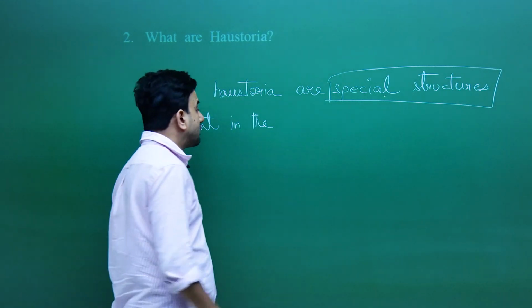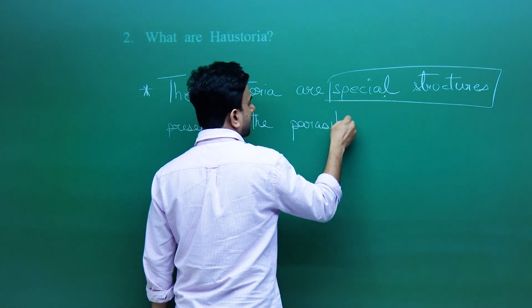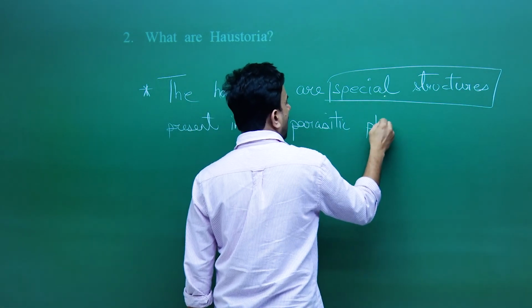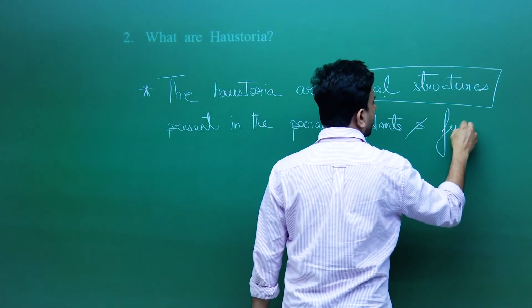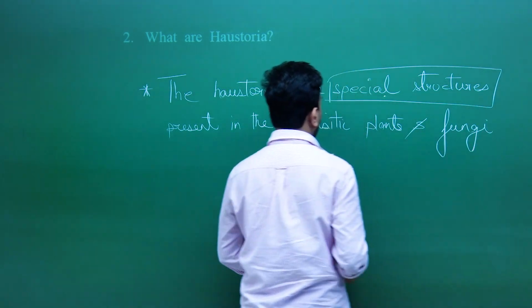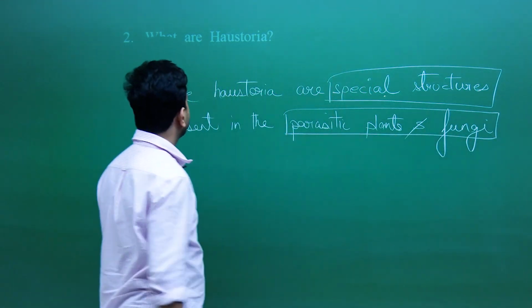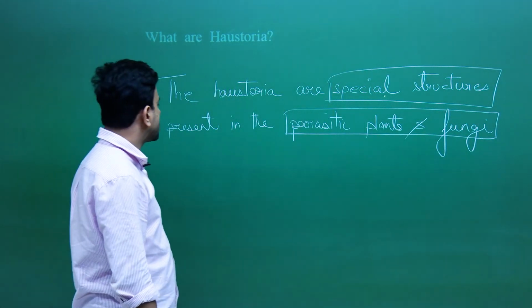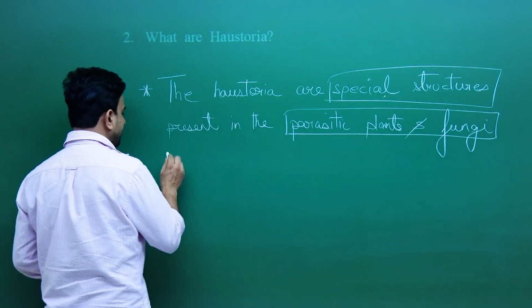Present in the parasitic plants and fungi. The haustoria are special structures present in the parasitic plants and fungi, and these